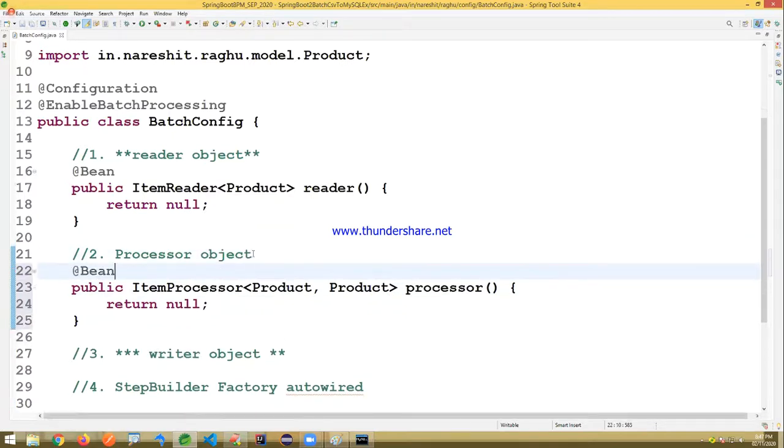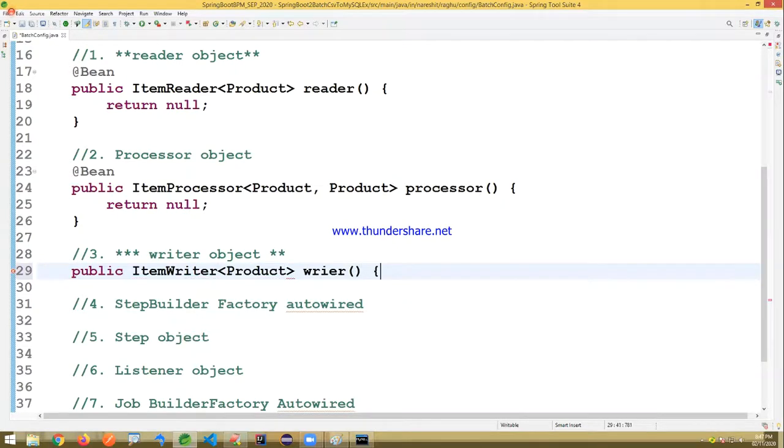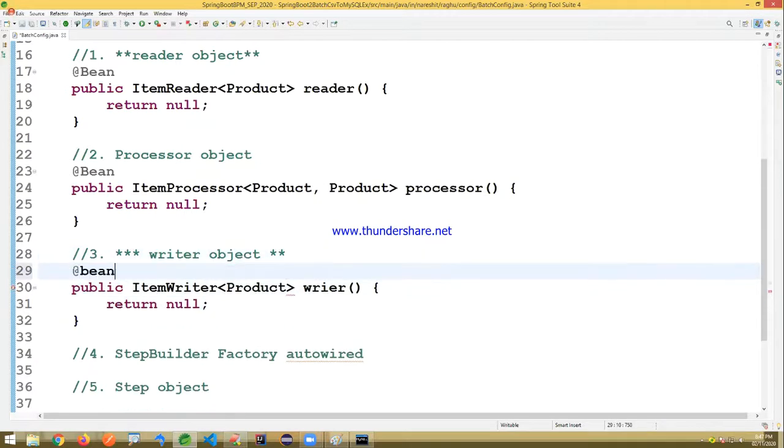@bean. Writer object. Public item writer. It's a product. It's a writer. It's a null. @bean.